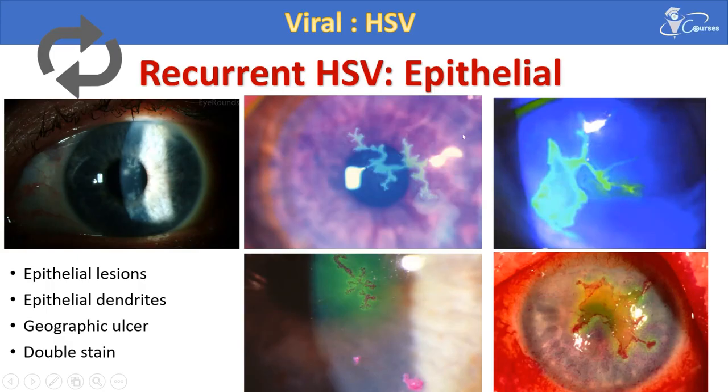So this will be the sequence of epithelial keratitis, starting by focal epitheliitis or focal epitheliopathy, then dendritic ulcer, then geographical ulcer. So again, don't just think that all patients will present with the typical dendritic pattern or typical geographical ulcer. You can catch them early like that. So how would you catch them? It will be by history of recurrence and also by the presence of multiple attacks. How would you know that there are multiple attacks? By examination of the